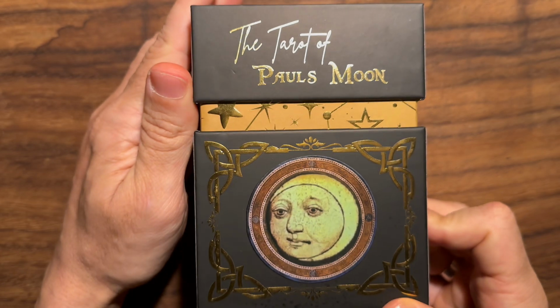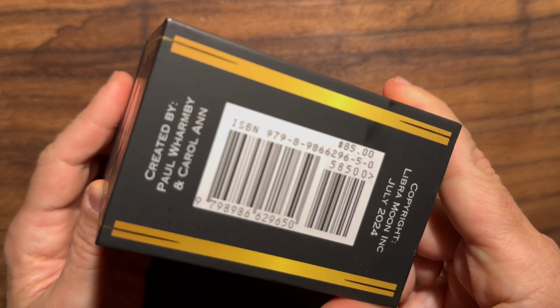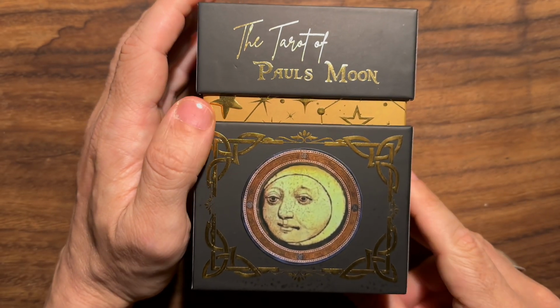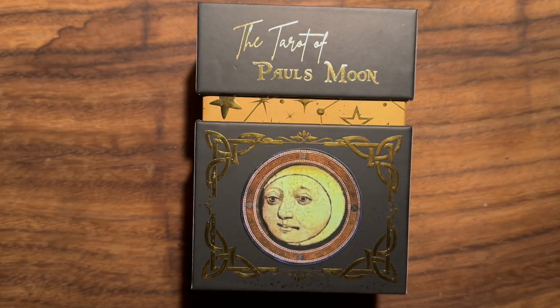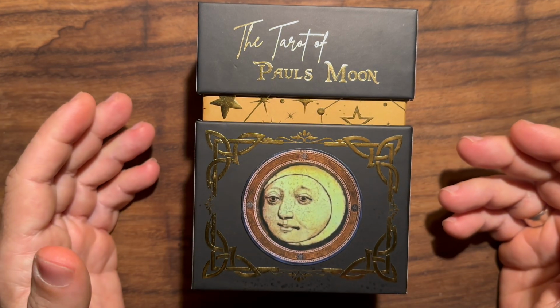Or this could also be the front of the box. It's up to you. And the other side of the box and the back of the box. You guys, this is not an inexpensive deck. This is an expensive deck. Actually, for me, it's an expensive deck. After it's all said and done, it's probably going to run you about